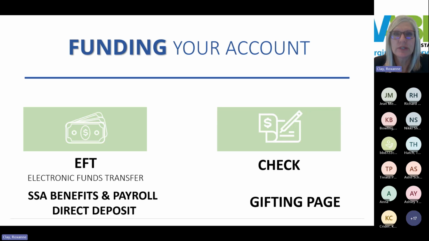You can mail a check to Stable Program Manager, and we do have a check contribution form that is used to mail checks, and that form is located at the Resources tab of the WVABLE.com website. You can also set up direct deposit, where payroll earnings can be automatically deducted and deposited into the Stable account. And then an important new feature of Stable Program is you may set up direct deposit of Social Security benefit payments. Also, we have the gifting page, and this is an excellent tool that Stable has created that makes gift giving by family and friends quick and easy.